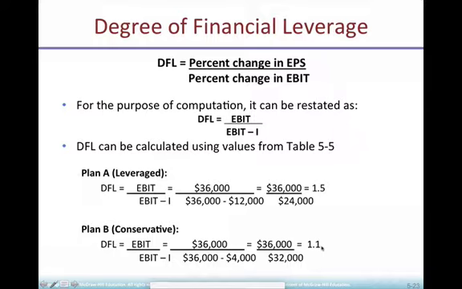And there is the third one, degree of combined leverage, that's going to give a relationship between sales volume and earnings per share. So the easiest way to calculate degree of combined leverage is once you have calculated degree of operating leverage and degree of financial leverage, if you multiply them, that's going to be your degree of combined leverage. Most of the problems are going to ask you to calculate operating leverage first and then financial leverage. So this formula is going to work well. There is another one, but that's the more intuitive one.